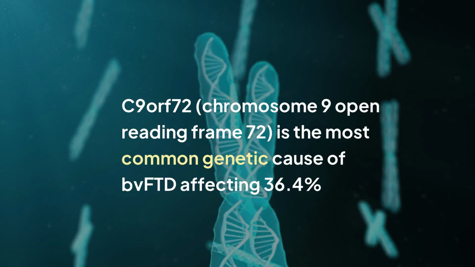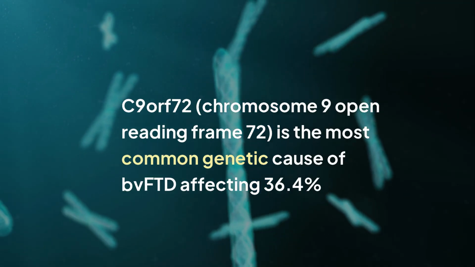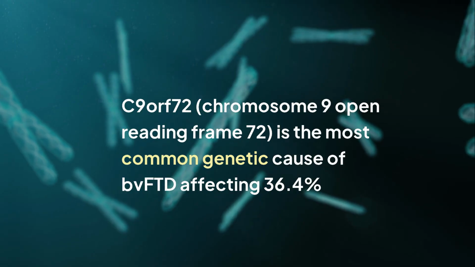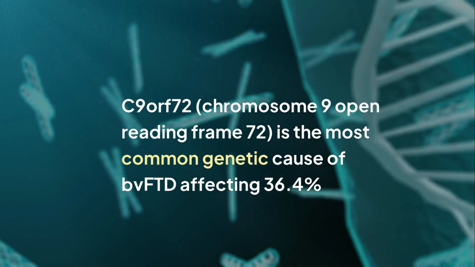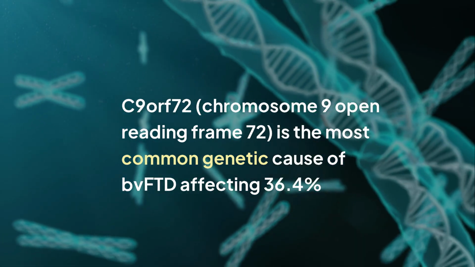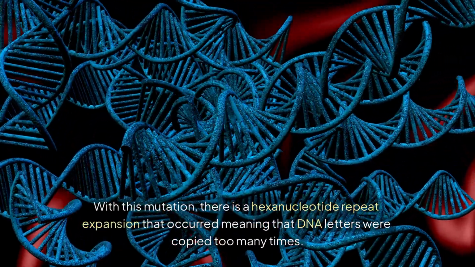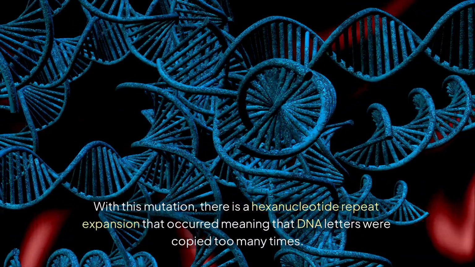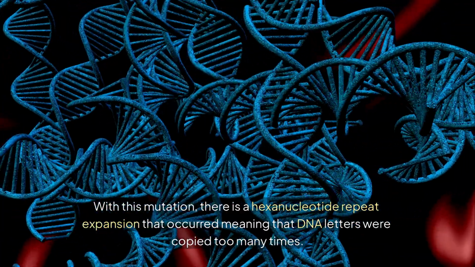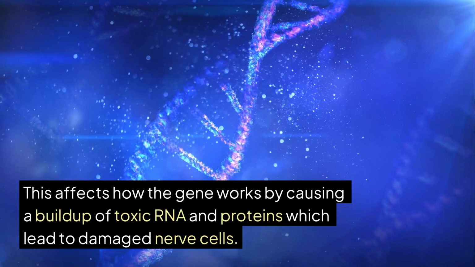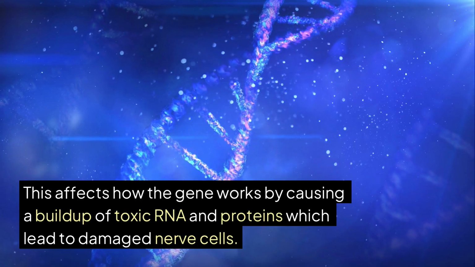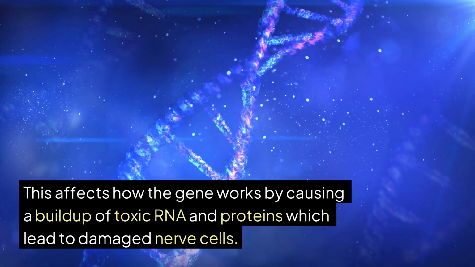The second one is the C9orf72 gene, which is the most common genetic cause of bvFTD, affecting 36.4% of people. With this mutation, there is a hexanucleotide repeat expansion that occurred, meaning that DNA letters were copied too many times. This affects how the gene works by causing a buildup of toxic RNA and proteins, which lead to damaged nerve